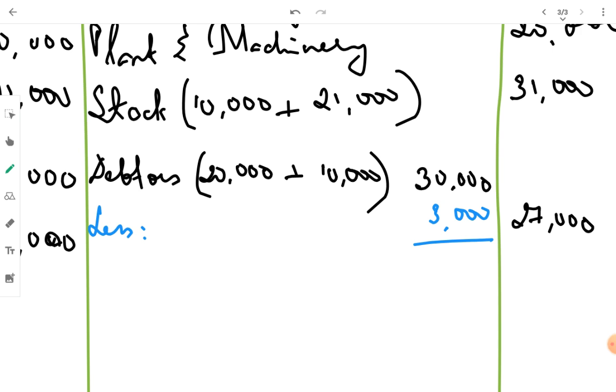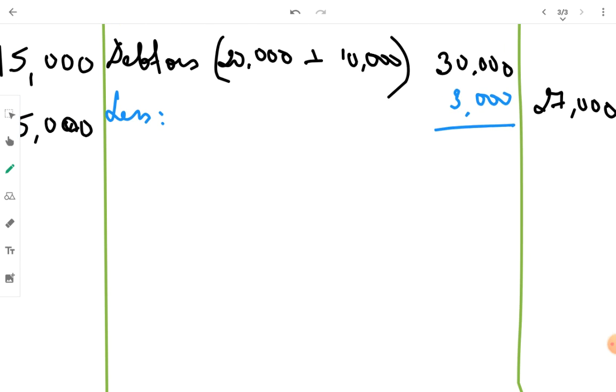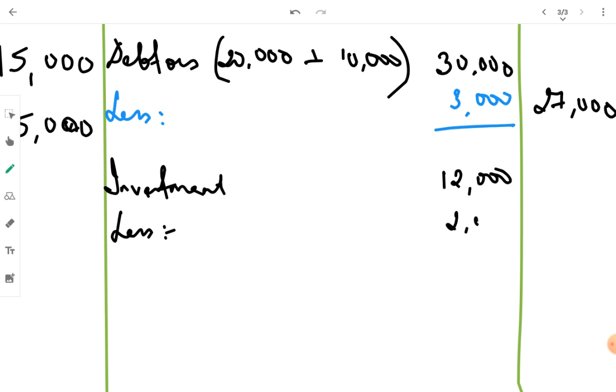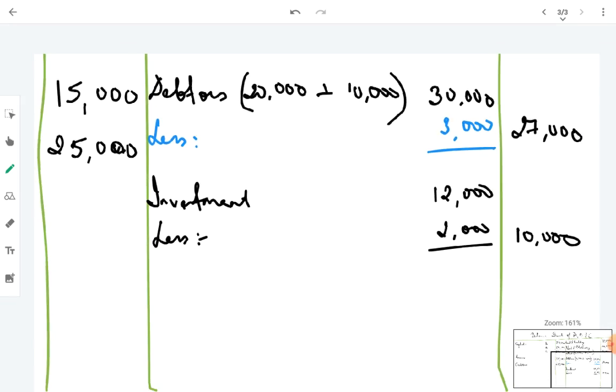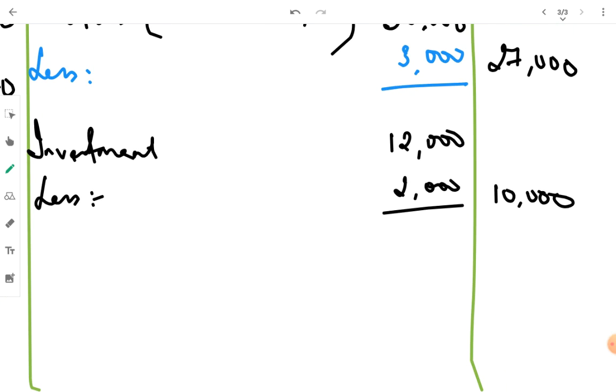And after that, you also have new assets in the form of investments. So let's record our investment, which were brought in by the new partner. Investment total rupees 12,000. Less, again, in case of investments also we have provision, so less investment provision, rupees 2,000. Balance to the outermost column, rupees 10,000. And then you have balances for bank and balances for cash. So for bank,